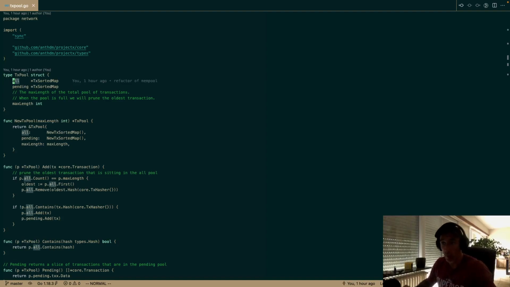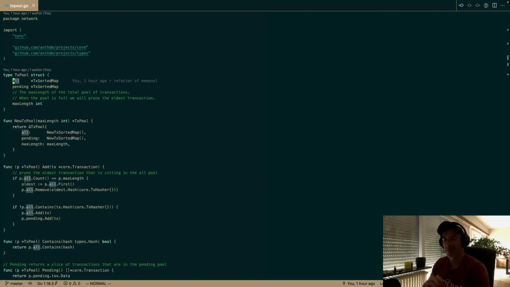The all pool, which is a lookup of all transactions that come in, every transaction we've seen. And then we have a pending pool, which is the pool we're going to use to insert in a block. We can clear the pending pool, but we keep the all pool so we can keep track